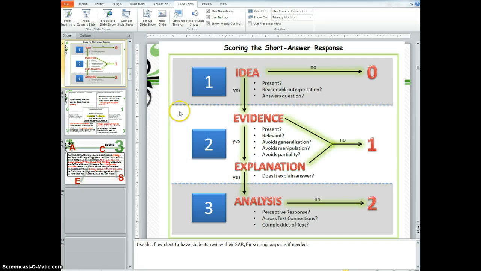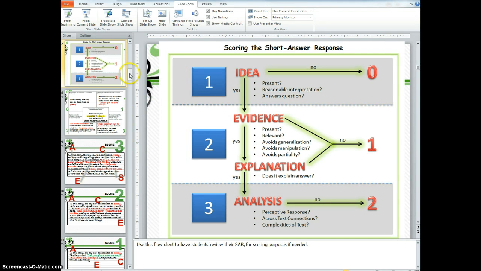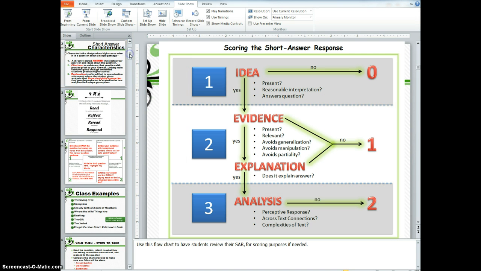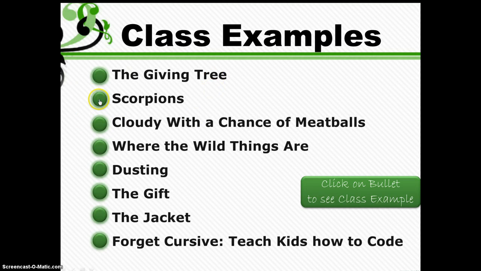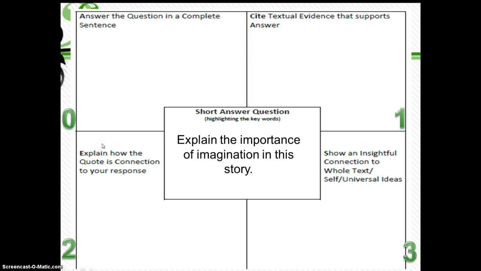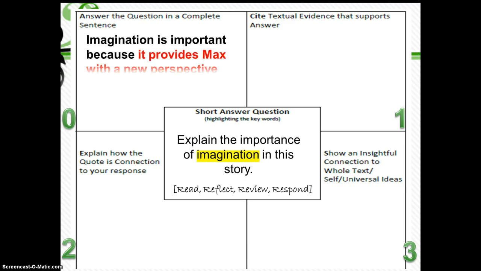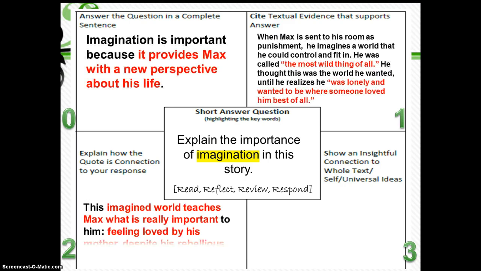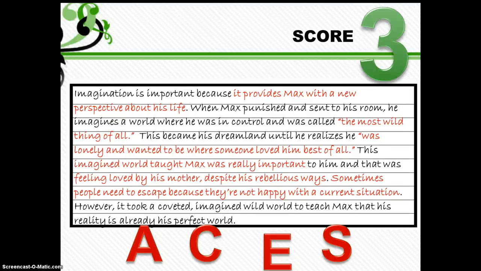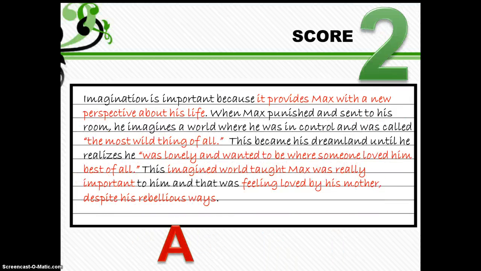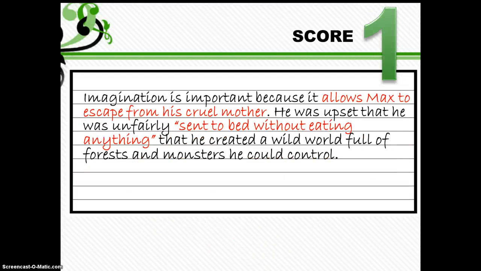So this is the PowerPoint, and once again, if you were able to go back to the beginning, you would see that if you were to click on another story, you'd have the same thing that would happen. You have the class example question, you have the highlighting, you have the answers that pop up that either you can work together or you can use this as your class example. You have your sample 3, your 2s, your 1s,